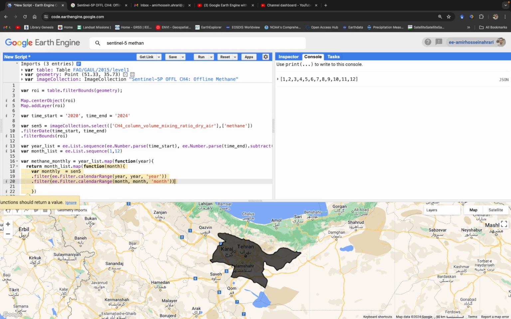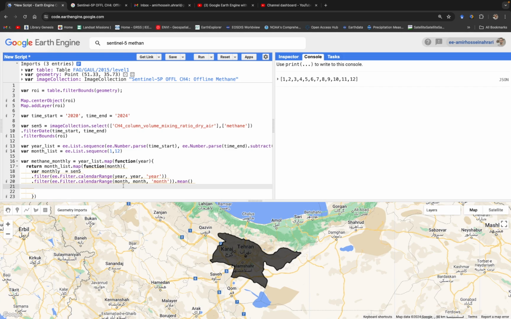And finally, after the data is filtered based on the year and month, you can get the average through the mean here. It's a very simple technique. So in the next step, as we are making a new product in the Earth Engine, we need to make a new system time start to justify the new acquisition date, or we need to define a new system time start that justifies the new temporal resolution for the